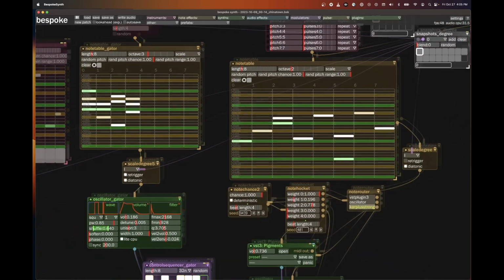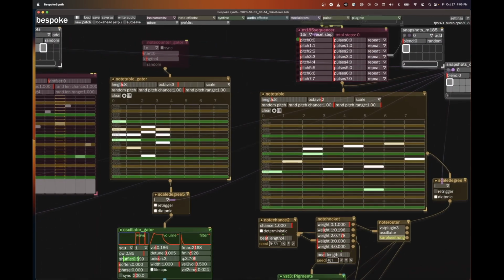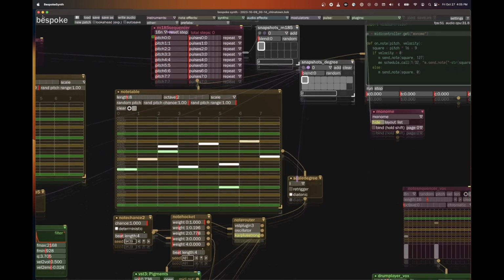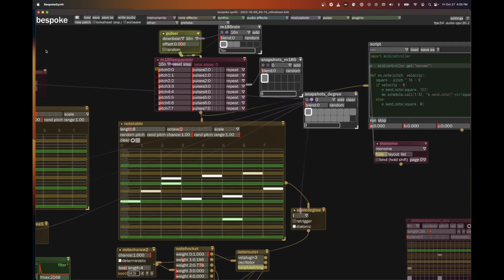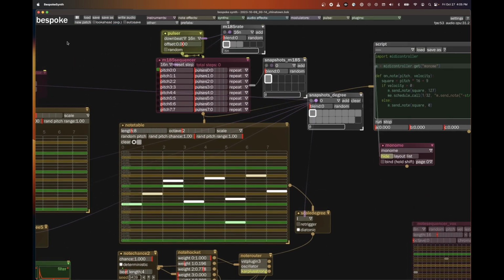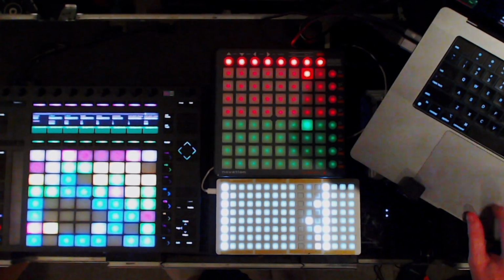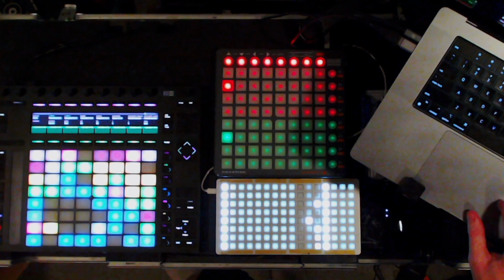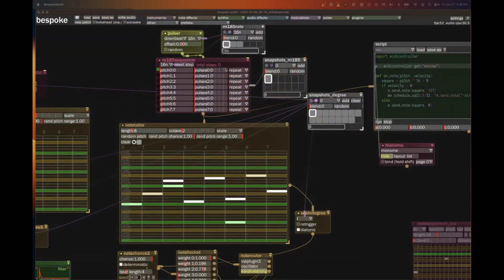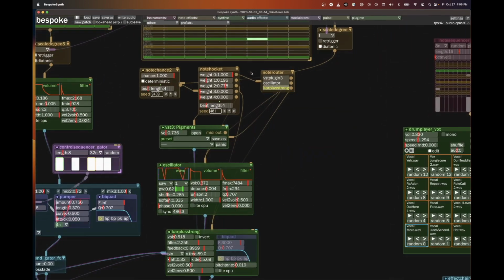And then one of the last columns here is the M185 sequencer I was talking about. Let's go back to the camera here. So this is a sequencer. If I go back to Bespoke, actually, I've got it running through here, and it's sending out pitches 0 through 7, which correspond to these columns in the note table, that are going down to